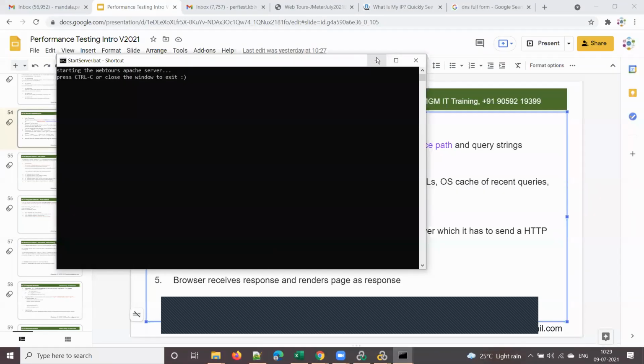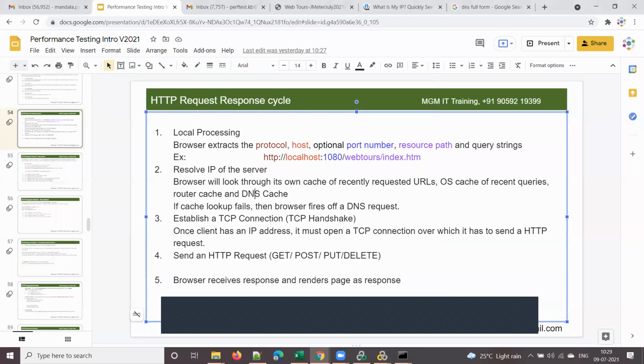Is it clear, guys? What is this DNS? Yes. Right? So first it will look into the browser cache. If you type some URL, it has to figure out what is the IP address of that particular server, right? So for that, it will look into the browser cache.